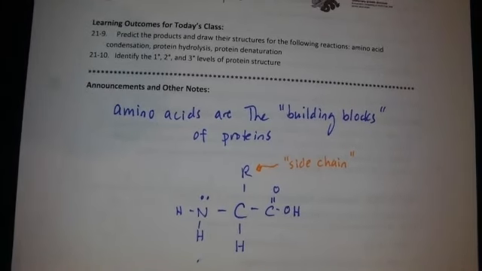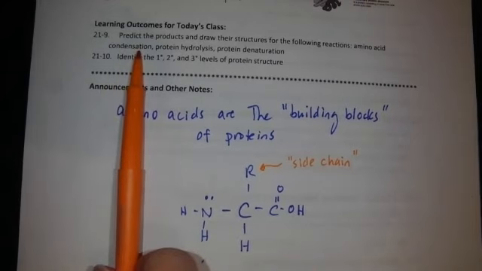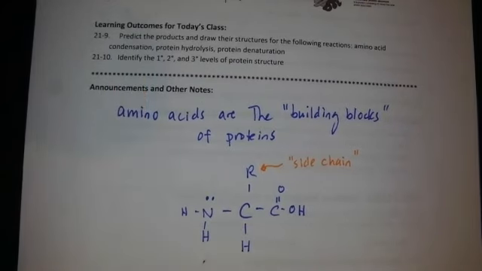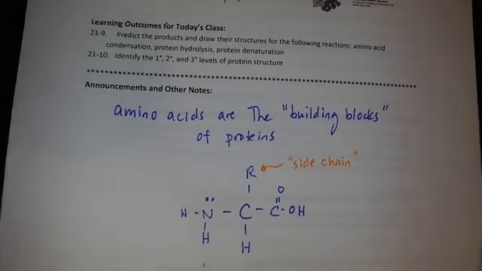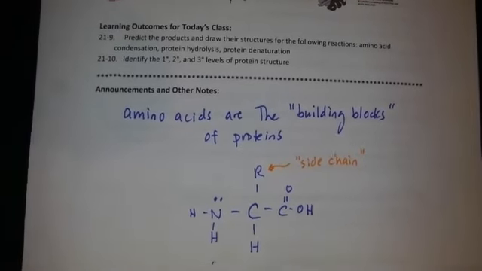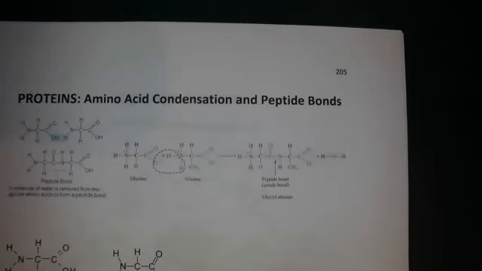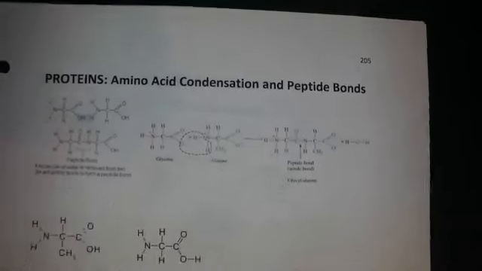And you should recognize that condensation is a reaction that you've seen before. You've seen that in how fatty acids and glycerol react. They undergo condensation. You've seen it in how monosaccharides undergo condensation. You initially saw it when you were forming esters. A carboxylic acid and an alcohol react in a condensation reaction. So luckily, this is not a new reaction for you. I'm going to turn the paper over, actually two pages away to page 205. Here's where we see examples of this amino acid condensation reaction.